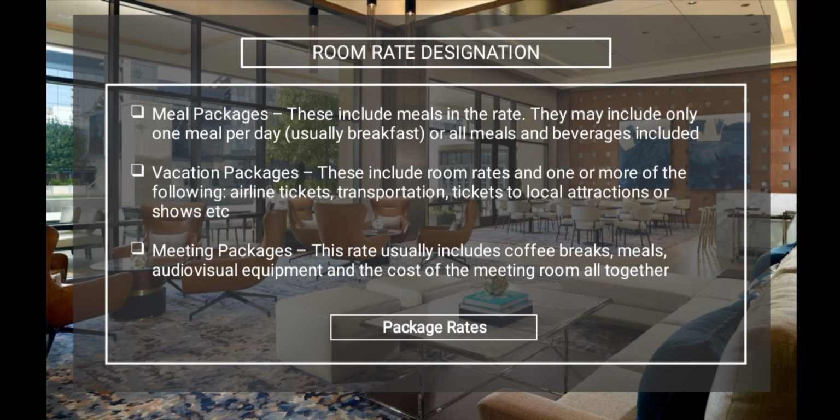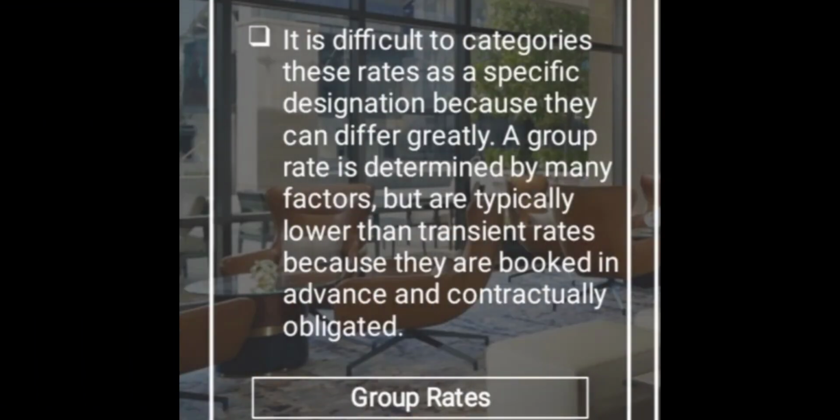Hi, my name is Eva Marie Silomictin of BSHM 3, and for today's video I'm going to discuss the room rate designation, which are the group rates and per person rates. So room rate designation. It is difficult to categorize these rates as a specific designation because they can differ greatly. A group rate is determined by many factors but is typically lower than transient rates because they book in advance